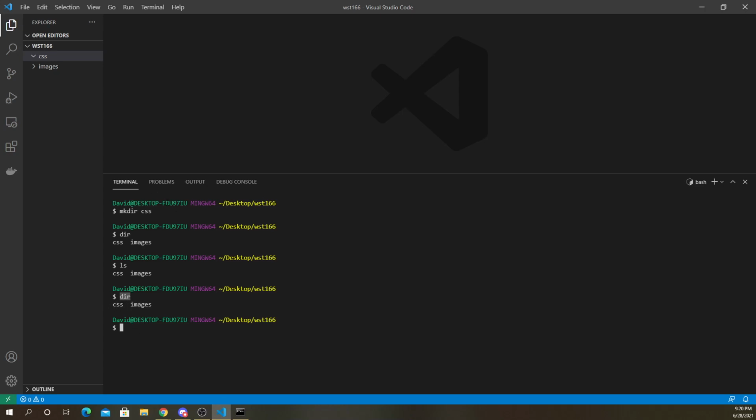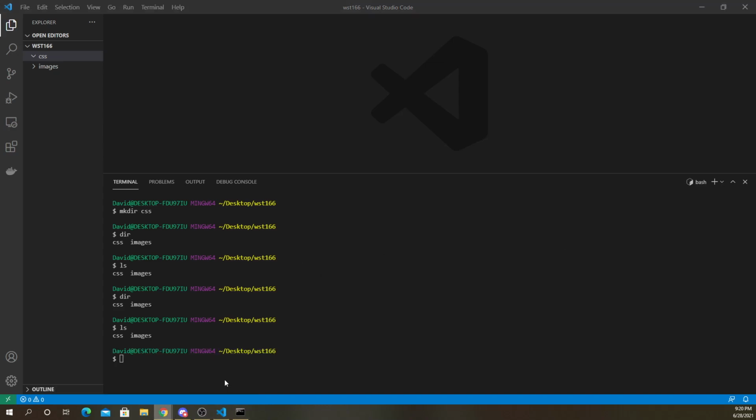That one works in both bash and here. I think the only reason it works here is the way it's installed on Windows. It includes some support for other commands, but in bash normally it's ls. You can see both dir and ls will list my folders for me. So two different languages.